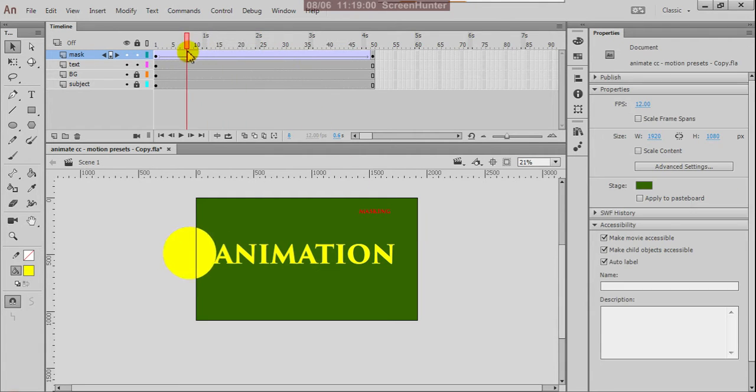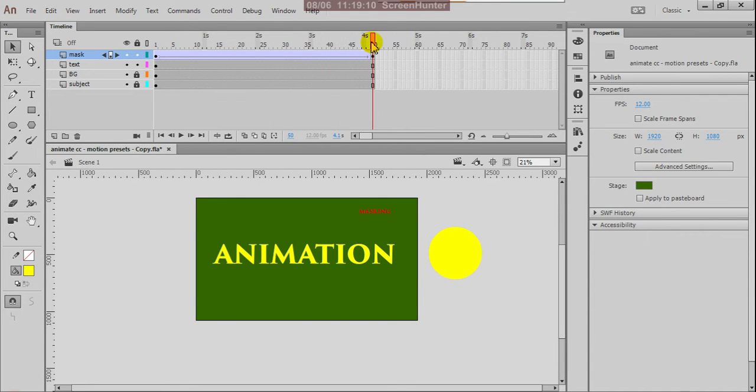Now if you see this, it is crossing from one place to another. Your mask shape is crossing the text, but there is no masking.